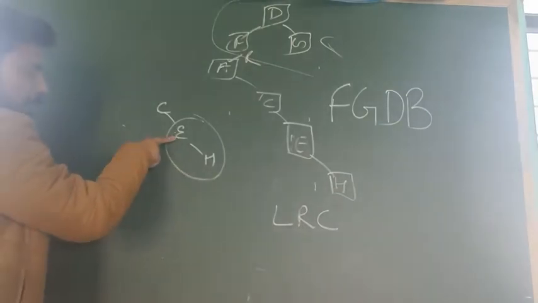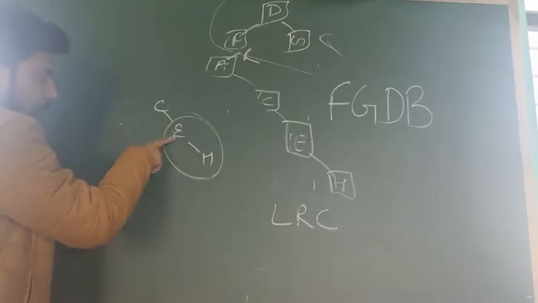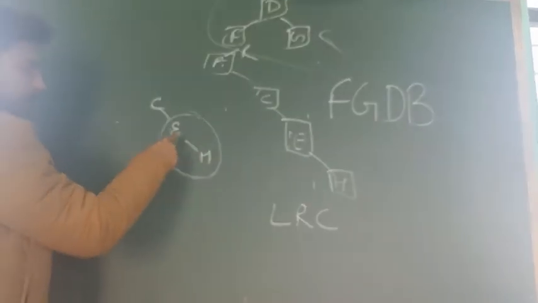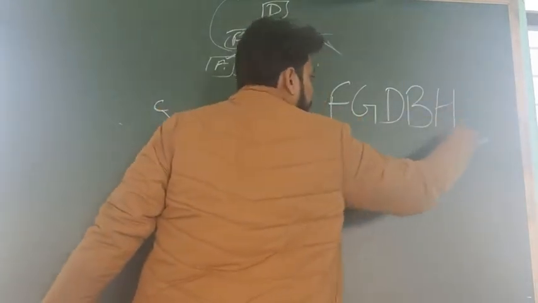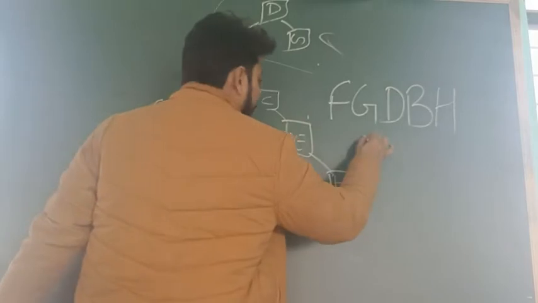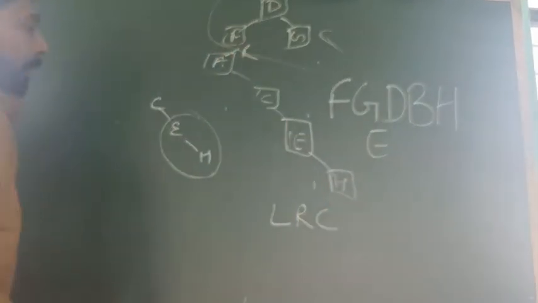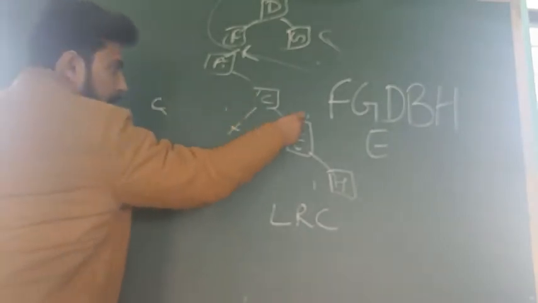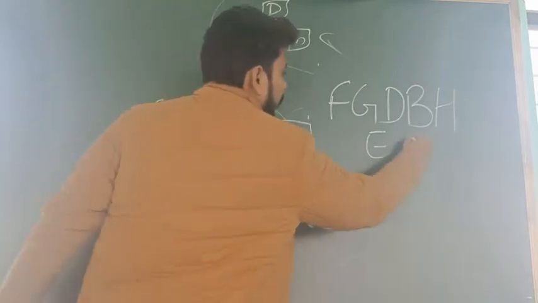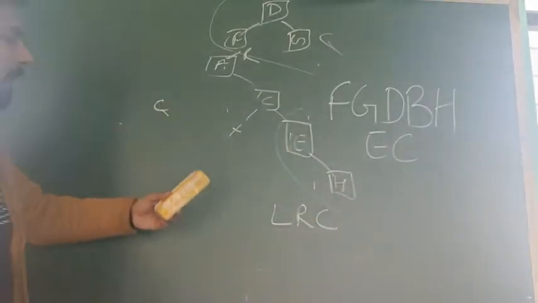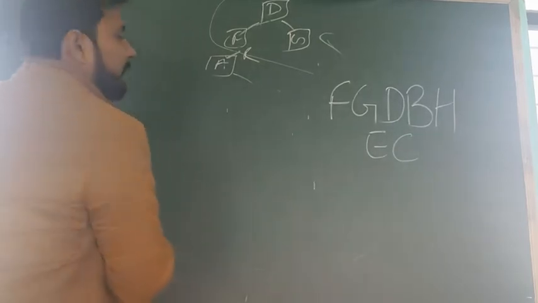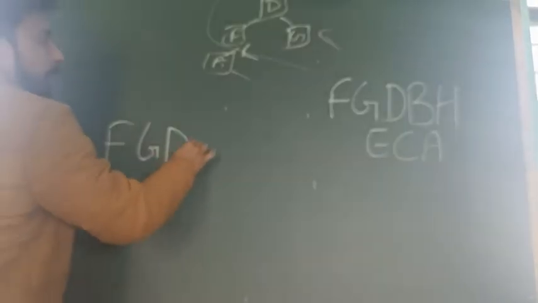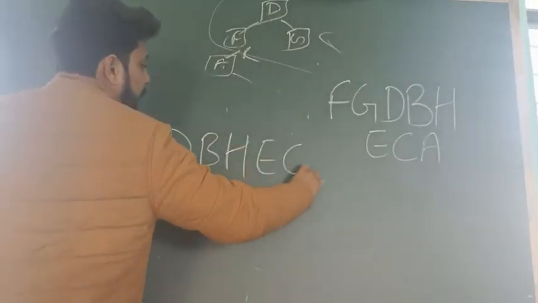So right is E, H. There also you will see this is now the root and this is the child. So here also you will apply LRC. Left is not there, right is H. So H comes first, then center. Center is your E. After that your C is done. If it is not having the left, right is done, then center. So this is your C. Correct? So your left is also done, right is also done. Then after that C is the root, then A. So your answer will be F, G, D, B, H, E, C, A.